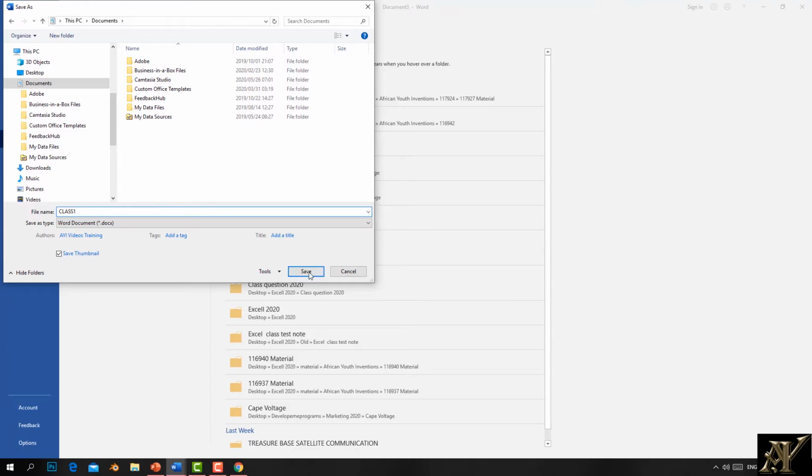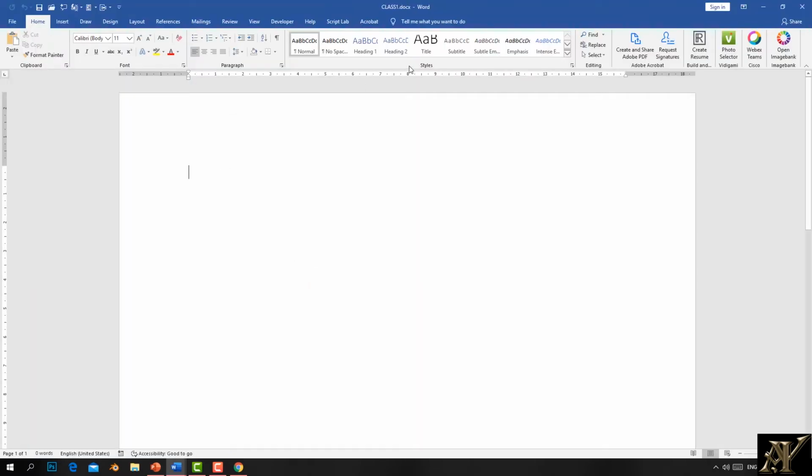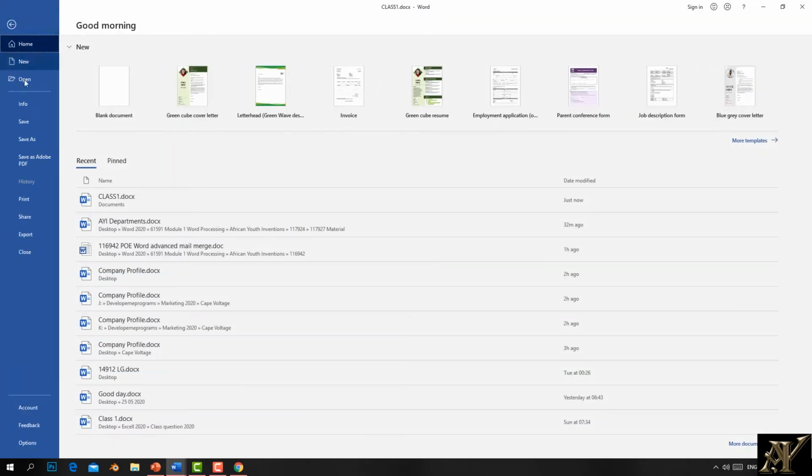1. Once I say Save, you will see this name on top change. It becomes Class 1 because you got a new name. The first one was a default. So I'm going to go back to File. From File, I will explain these options. As I said in the beginning, this first video will be more about theory to give you a clue of the program. Then in the next videos, we will focus more on some tabs as well as